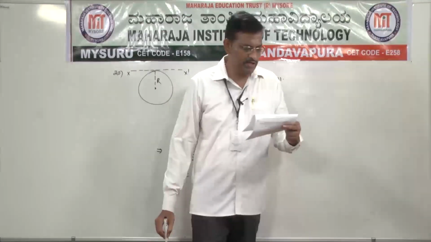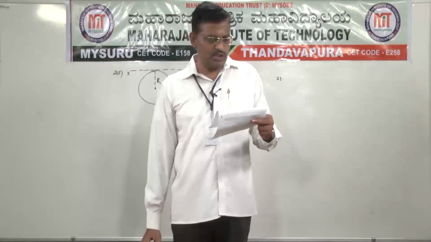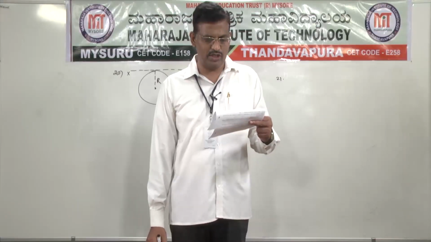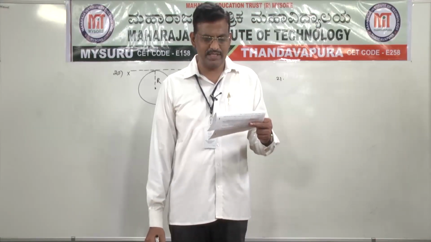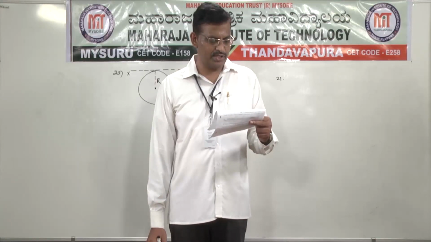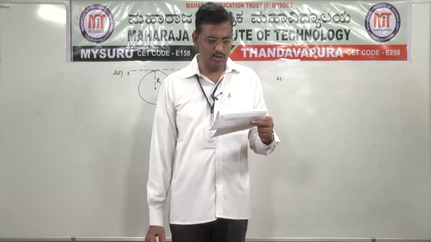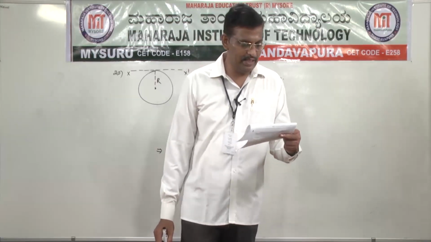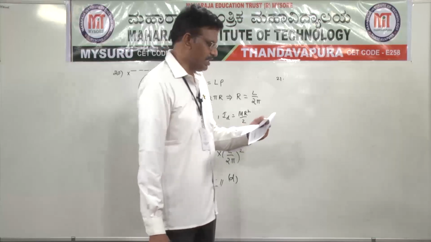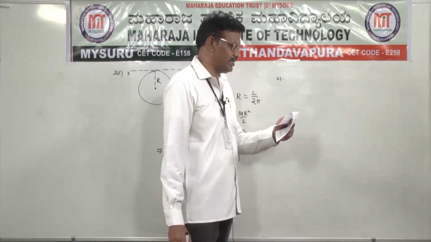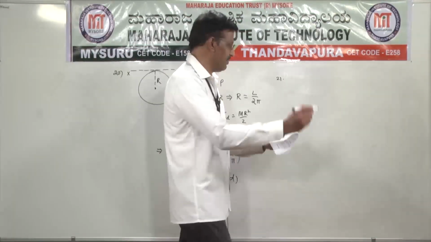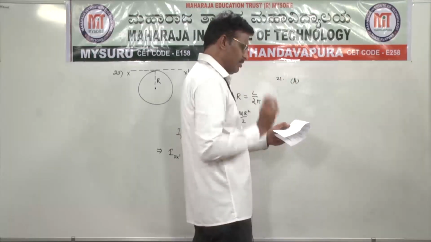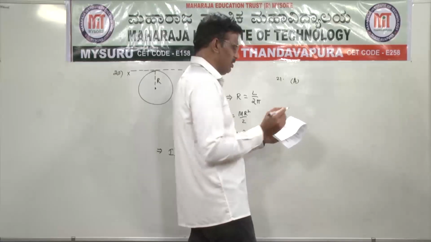Next, question number 21. Figures show overhead views of 3 structures on each of which 3 forces act. The directions of the forces are shown. If the magnitudes of the forces are adjusted properly, which structure can be in a stable equilibrium? Observe the three diagrams A, B, C given in the question. By observing this, option A is the right option.